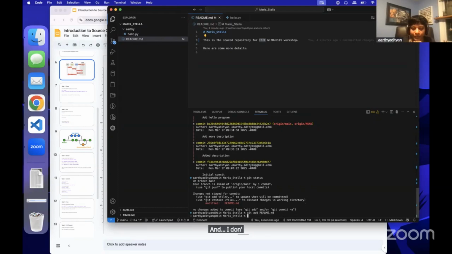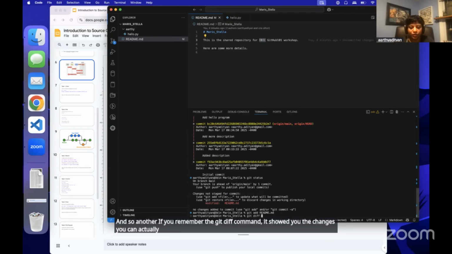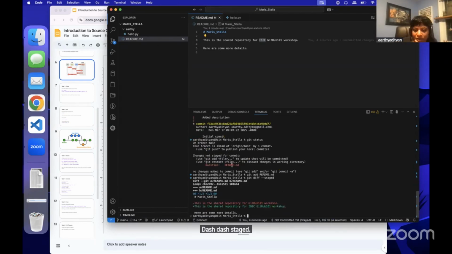So if you see the commit history, this is just in my local. So I didn't push anything to GitHub. So in my local, I now have a new commit called add hello program, where I added that new file. So now if I do git status again,